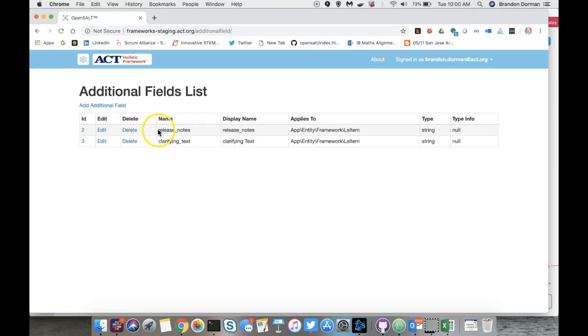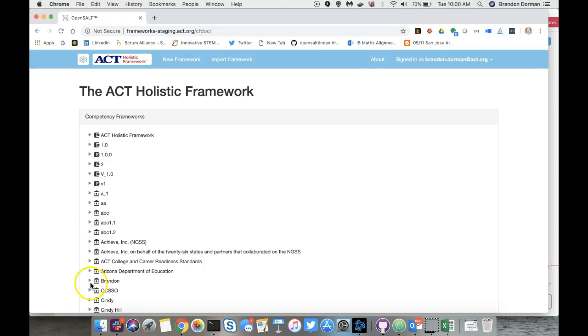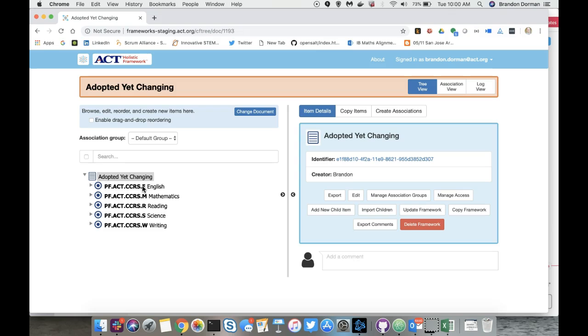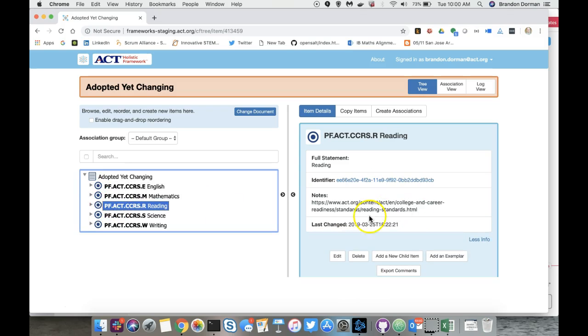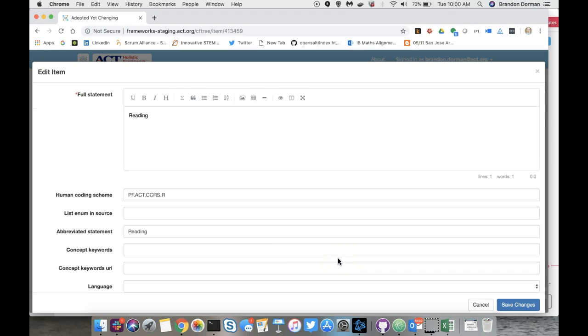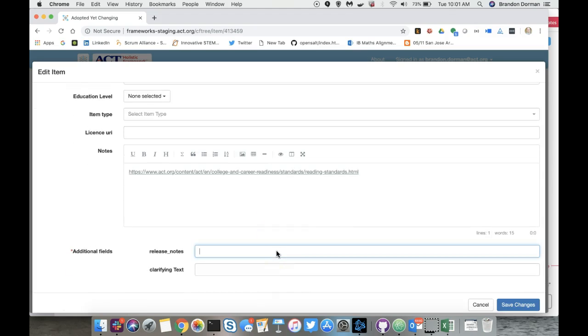So if I have this release notes one here, I can take a look and it's going to be added here and it will show up. Once I hit more info, it'll show up there. It's under release notes, right? And what's nice about this is as I add release notes to different nodes,